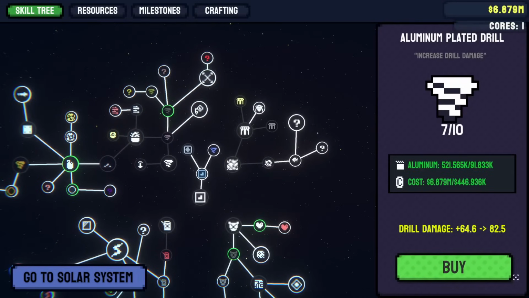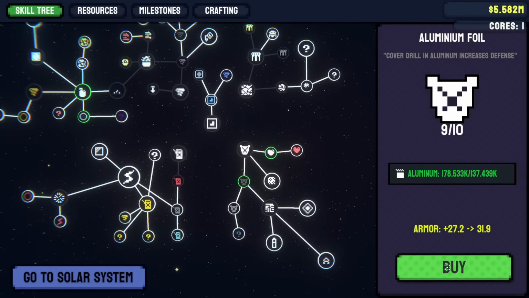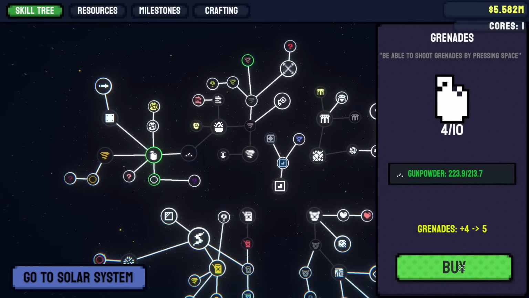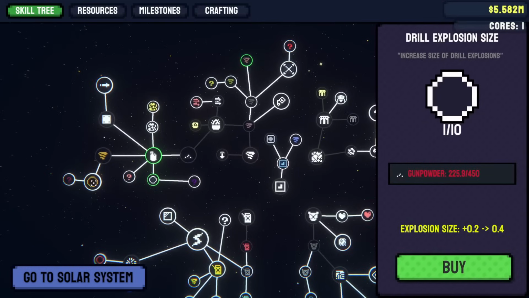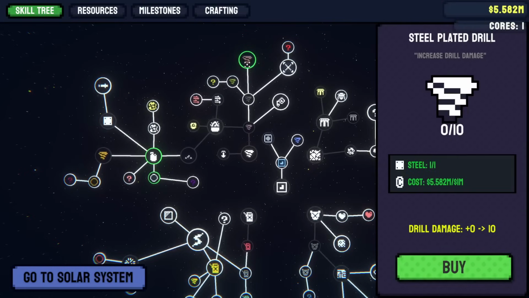But, yeah, I'm kind of surprised I've ignored some of these upgrades now. So we'll take some armor. And we'll take some drill damage. I think that's wise. We could get more grenades if we so wish. It's hard to decide on that one. Gunpowder you could also save for the drill explosion size. Very far away. I gotta imagine there comes a time...